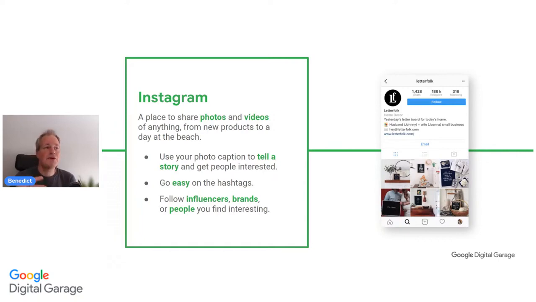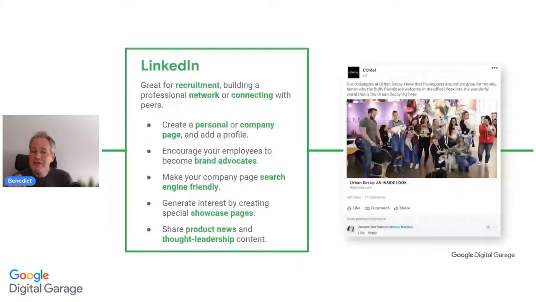Then of course there's LinkedIn, which is great for recruitment. Encourage your employees to become brand advocates as well. You can make your company page search engine friendly. We've got here L'Oreal, posting thought leadership blogs and talent tips, around 4 pieces of content per day, and there's a wide range of content that is open to anyone.